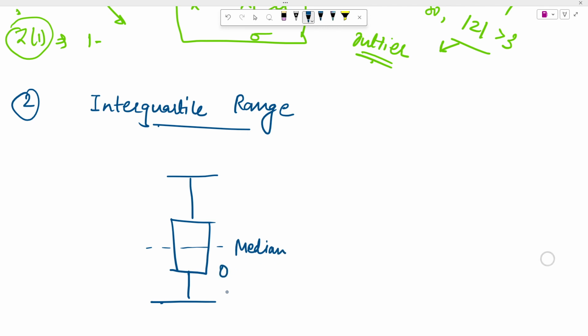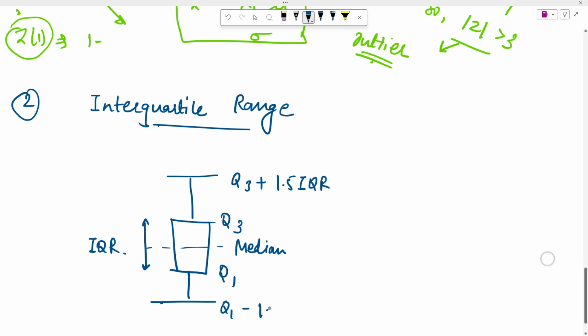It has Q1, Q3, right? So what we call IQR is Q3 minus Q1, right? We have an upper bound which is Q3 plus 1.5 times IQR, and we have Q1 minus 1.5 times